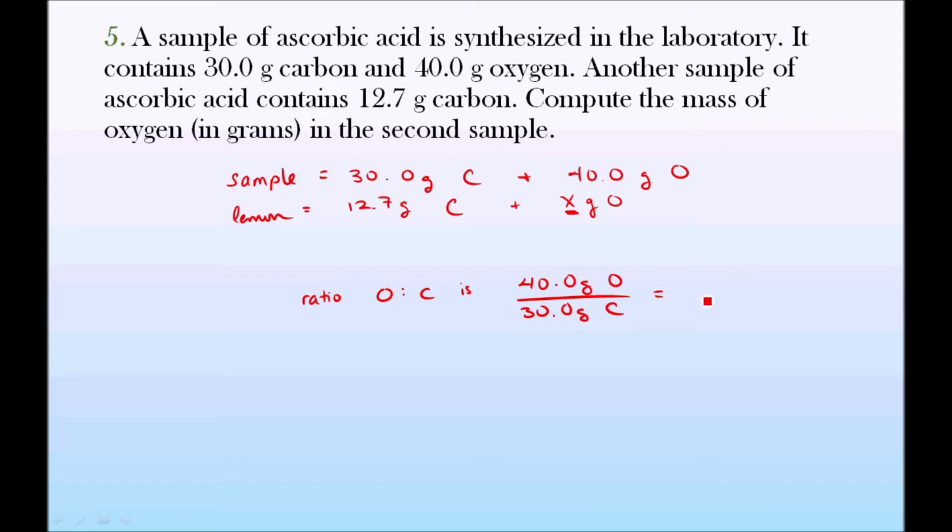This simplifies to 4/3. We can now apply this ratio to the mass of carbon in the lemon sample, knowing that this ratio is consistent between both samples. So 4/3 times 12.7 grams of carbon is going to give us our grams of oxygen, and 4/3 times 12.7 grams equals